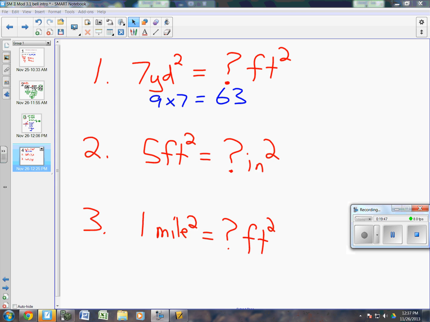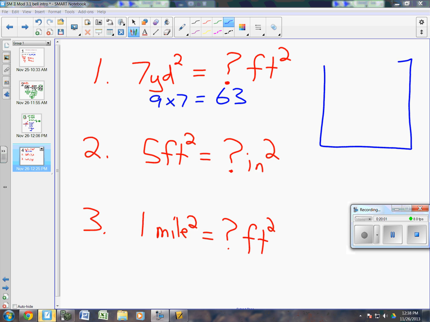Okay. See if you can get these other two. She's saying a foot is 12 inches. Did you hear what she said there? A foot is 12 inches. So if you have a square foot, it's 12 inches on this side and 12 inches on that side. 12 times 12 is 144 square inches. So there's 144 square inches in a square foot, and you want 5 of those. So 5 times 144 would give you, say that again, 720